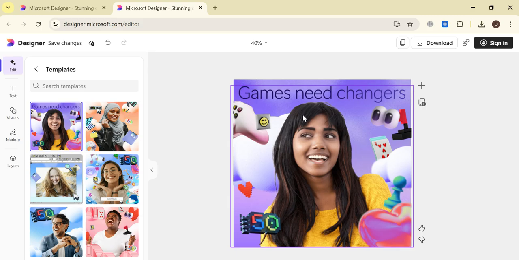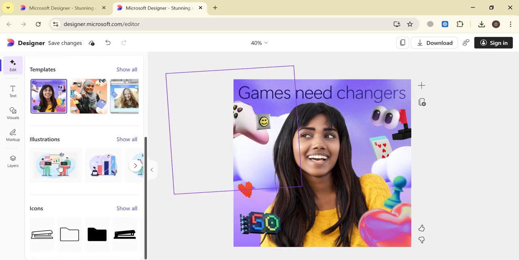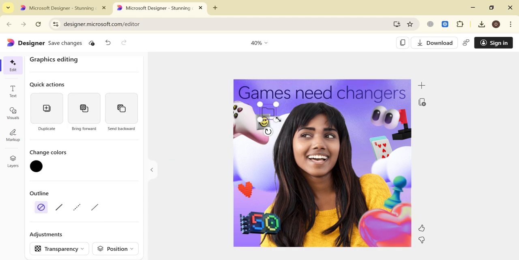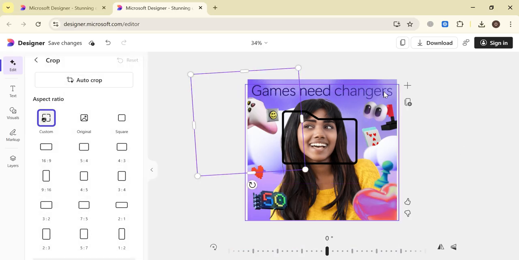As you can see that it has added our template, but if you want to do more changes, like you want to add more illustrations or the icons, you can just simply click on that. Let's suppose we want to add this, and as you can see that it has been added. Now you can resize it as you want. Okay, so I have put it here. Like here you can see, here you can add the text as well.